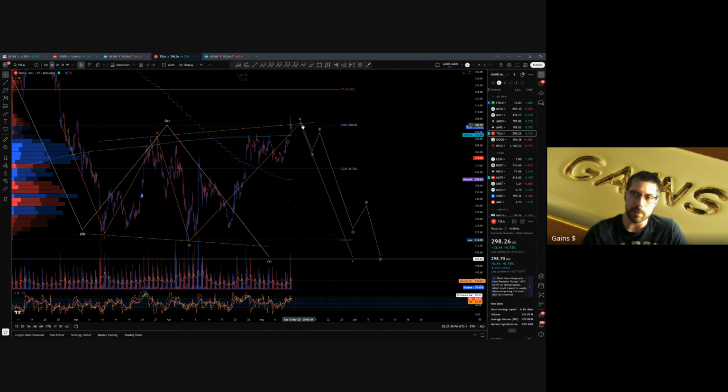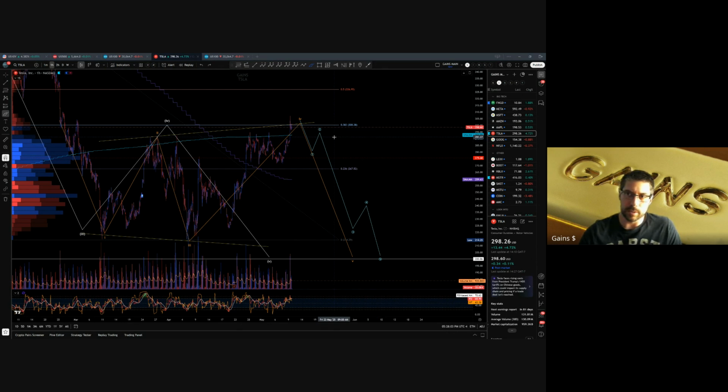But as long as it stays below this 300 level, that is your bifurcation point for the range. So what I would say here is, if it continues up like this, that would obviously not be the right time to short. But if you do see a little bit more of this consolidation, and maybe something like that, this sort of pullback would be the right place to add a short, because then you could be right at the cusp of a wave 3.